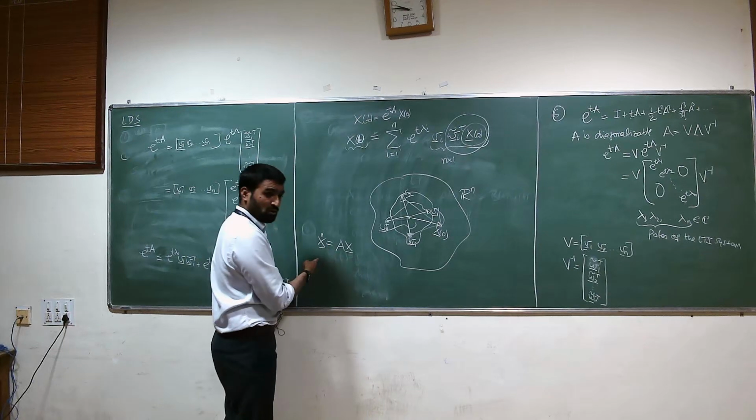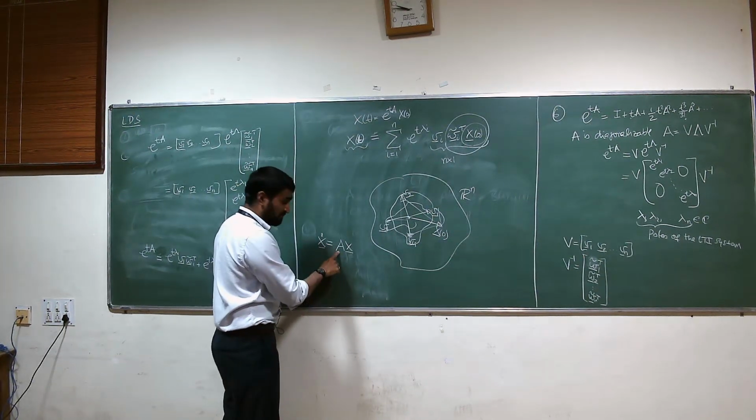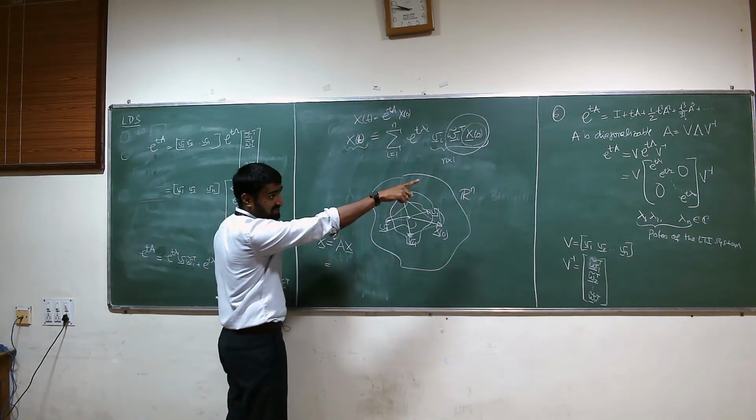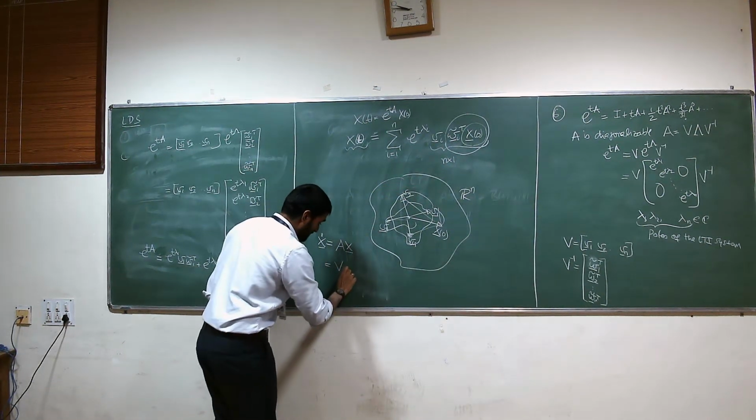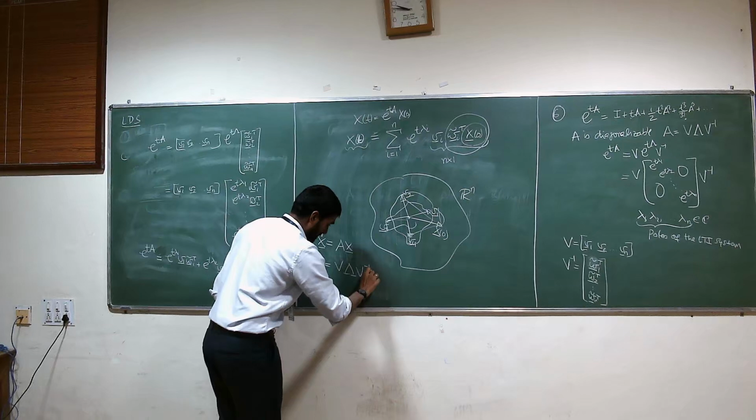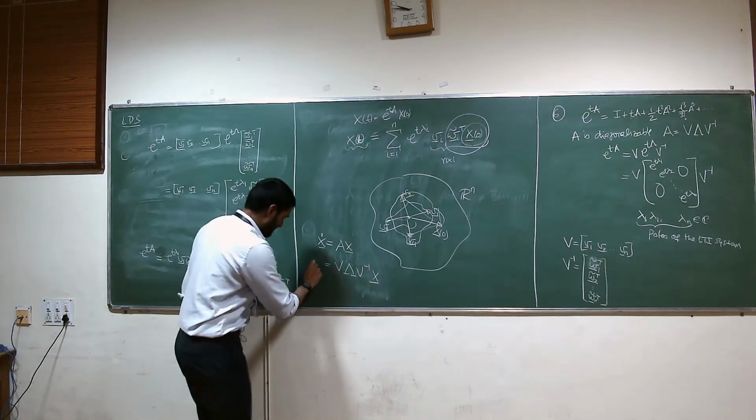Another way to think about this is: x dot equals Ax. This was your original equation. Now, if you re-express this in terms of its diagonalization, in terms of its eigenvectors,